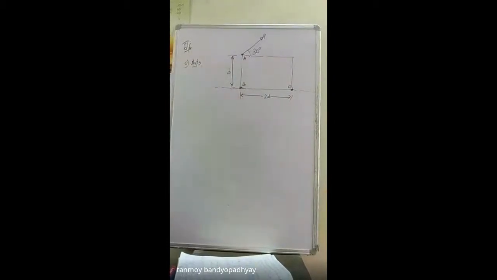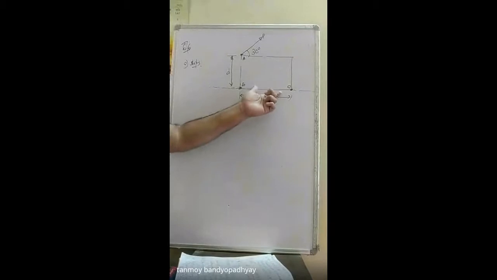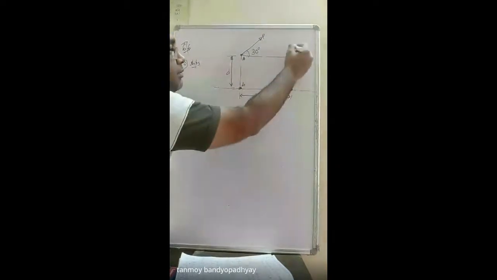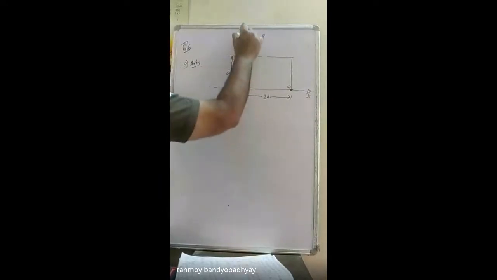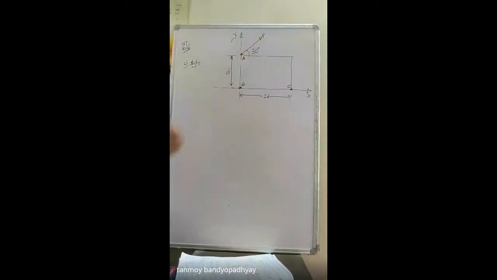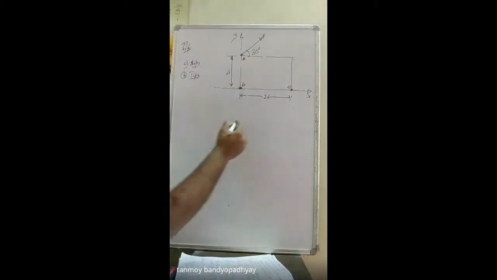Slipping means it has to slip keeping the contact points the same. B and C will be in contact and it will slide in the positive x direction. Let's call it the positive x direction. Let's call this the positive y direction. Or it tips. Tipping means one end rotates. So this point is closer to this one, so it will have a smaller lever arm, so it will have a tendency to move. So B will tip first, C will tip next. So either there will be tipping of the body, or slipping.